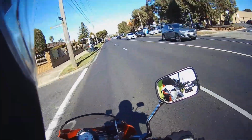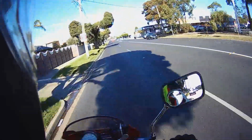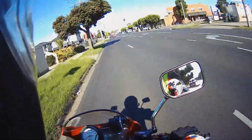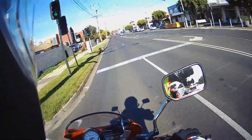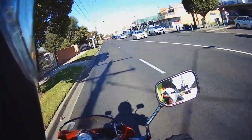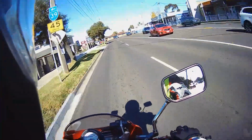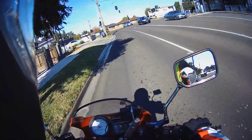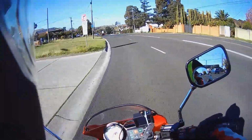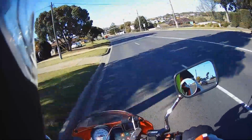except the weight is quite low. It's only about 180 kilograms in the dry form. Sorry, with the fuel and all the fluids, plus a small man like me, I'm only 5'6", about 60 kilograms, in total the bike weighs about 270, 280 kilograms maximum. So it's pretty light, but